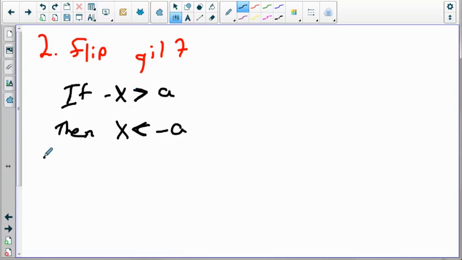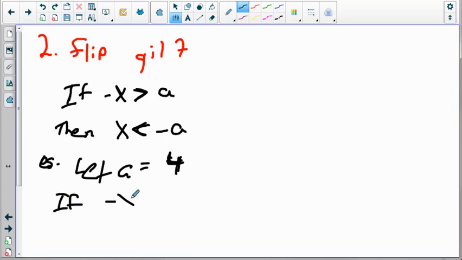Okay, so let's look at an example. Let a equal 4. Well, if negative x is greater than 4, then x, which is what we can graph, is less than negative 4. Obviously, we can't graph this negative x, but we can graph the x, so you need to know this right here. All right, so let's look at some actual examples of